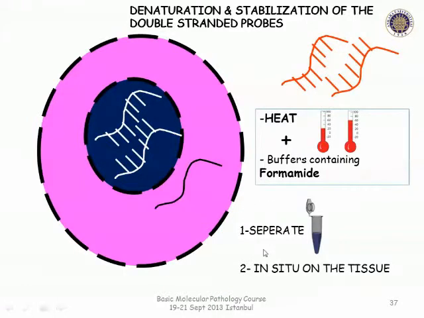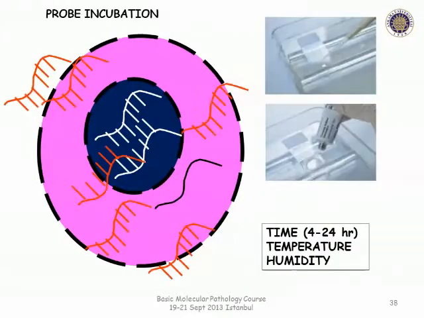You can do this denaturation either separately in a tube before application to the cell or the tissue, or you can also do it in situ on the tissue as the first step. If you're doing it in situ, then you need to heat your tissue with the probe first. So it's like a PCR reaction, for denaturation and annealing, and then